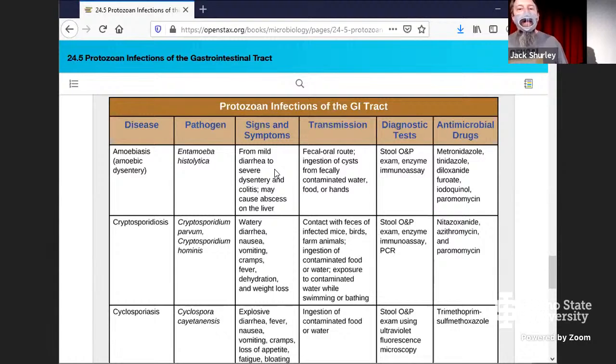So mild, often we think of mild bouts of diarrhea, but it doesn't have to be that way. It can go to a very severe dysentery. There is the potential for these amoeba to break through the intestine. They typically form little lesions. If you looked at it microscopically, it almost looks like a flask, a kind of bell-shaped lesion that occurs, all right? That lesion can progress and ultimately perforate the bowel, allowing the amoeba to move and cause other issues.